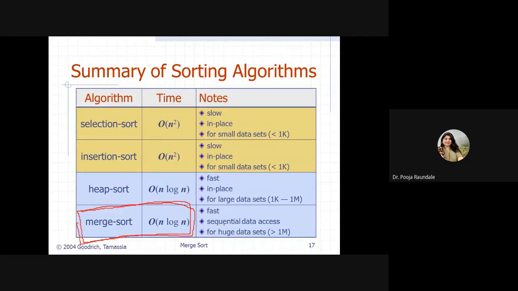Did you understand the 3 steps? The first step of divide and conquer is breaking the problem. Then the second step is solving the problems separately. And the third is the conquer, that is merging in this case. Right? Of the 3 steps, your first step takes order 1, the second step takes only log n levels, and the third step is order n. And that's why your merge sort is n log n. Okay.